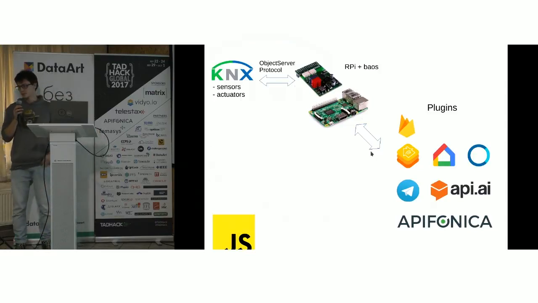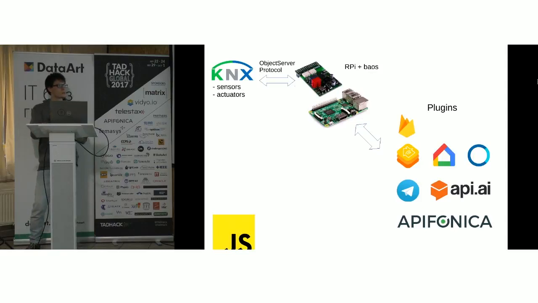So as you can see, down here on the floor, I use a Raspberry Pi with a BAOS shield from Weinzierl to communicate between the KNX bus and my devices. It uses Node.js as the backend, and it has its advantages. Like you can use the npm infrastructure, modules like Firebase,